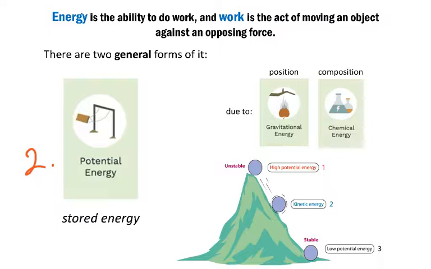Okay, let's go back to our two general forms. We said kinetic energy is the energy of motion, and the second is potential energy, which is stored energy. And this could be due to position or composition. So an example of positional potential energy is gravitational energy, right? Things fall from high to low. Another is compositional, could be chemical energy, right? You can burn a piece of wood and release energy, and what you're really doing is releasing chemical energy by breaking bonds within that substance. So the composition of what's there can store energy, or the position can store energy.